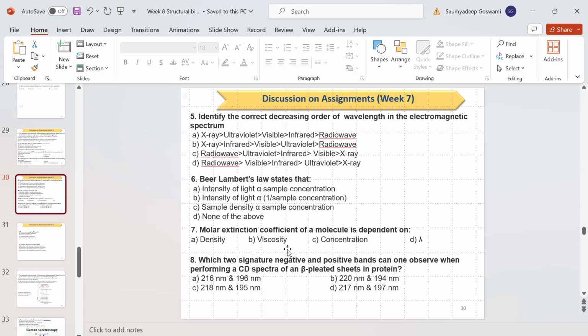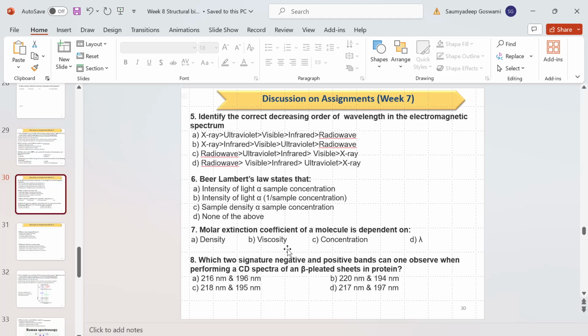But actually both of them are correct, because there is a range between the alpha helix and beta sheet and these mdegree values come. It is not a particular wavelength, but it may vary by one or two, between 216 and 218. So both of them should be correct, and also 217 nanometer. All of them are very close, mostly the A and C options. Also, in the sixth question you don't have any doubt. Beer-Lambert's law states that